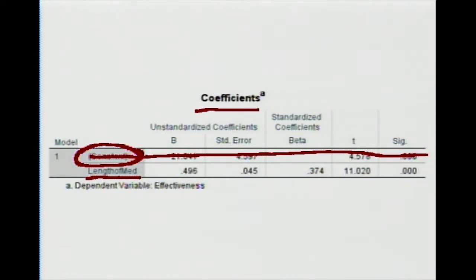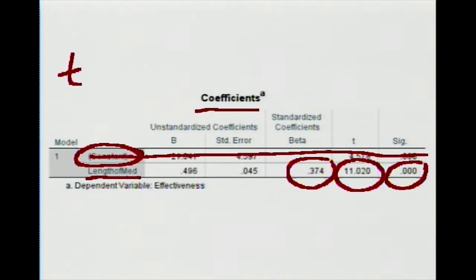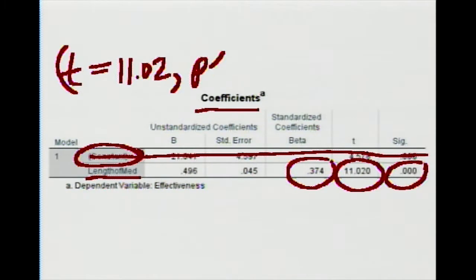So here, I know that I care about 3 different numbers as I analyze my significant predictors. Okay, so I see 3 different ones. And so here I'm going to write this up and say t equals 11.02. And then in parentheses, I'm going to have p is less than 0.05. And then I'm going to have the beta weight equal